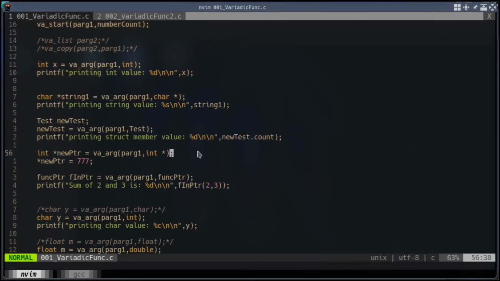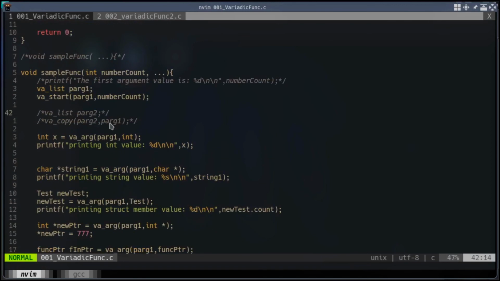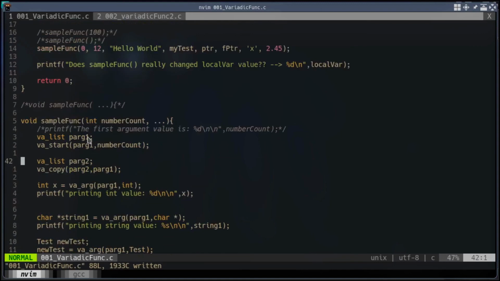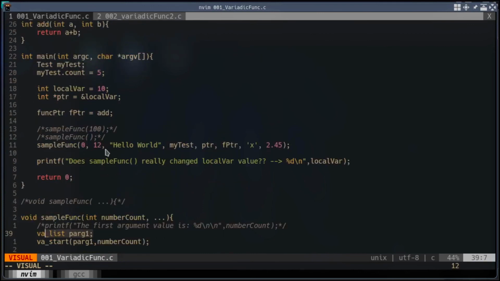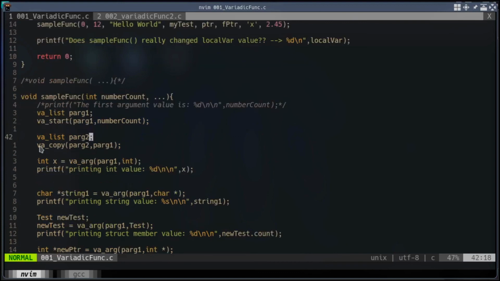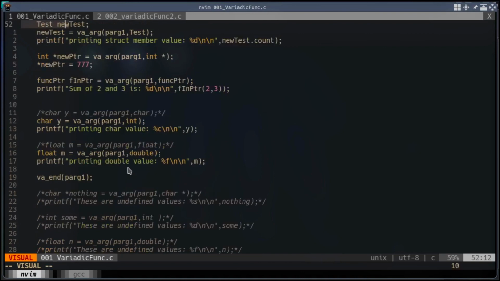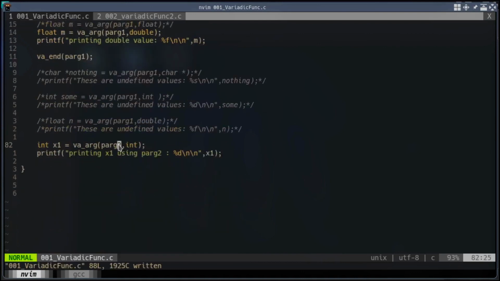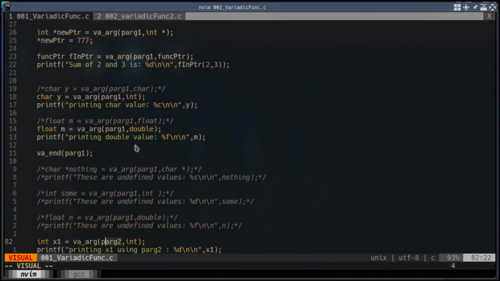So in this case you can use the va_copy function, but you need to do this as soon as you create ap1. If you need to access this optional argument more than one time, you need to create two objects of type va_list, ap1 and ap2. Then you can use the va_copy function to copy the ap1 value to ap2. Then later use that ap2 to access the integer once again.